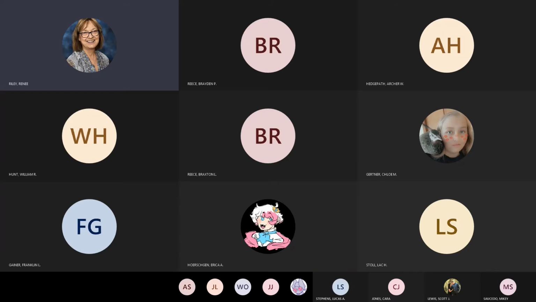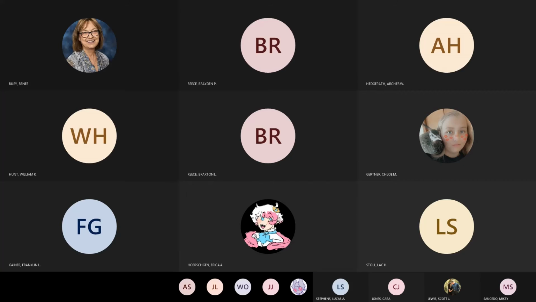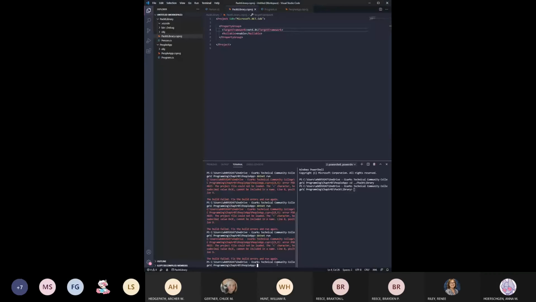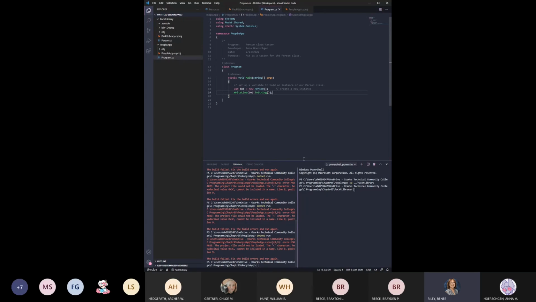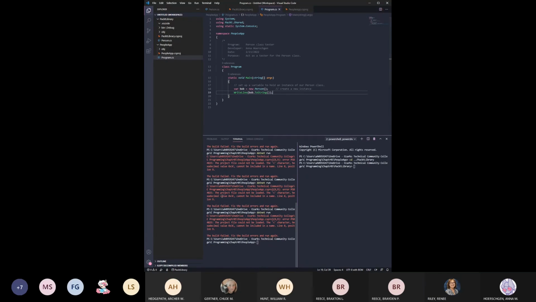Let's see what you've got. So what does it say down there? It says the C character cannot be included in the name. What's it talking about?